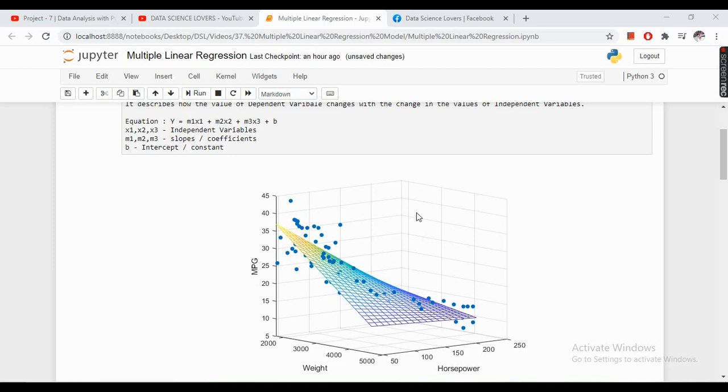In this example, we are trying to predict the value of MPG with the change in the value of weight and with the change in the value of horsepower. Suppose we keep the value of weight as 3500 and the value of horsepower as 200, then what will be the value of our MPG? So this is the example of a multiple linear regression model, where we try to determine the relationship between a dependent variable y and two or more independent variables x1, x2, x3 and so on.